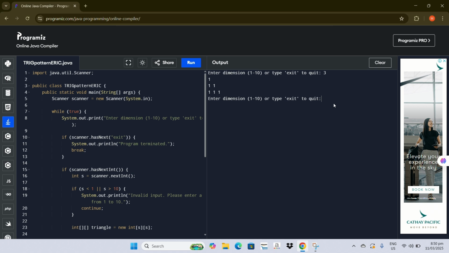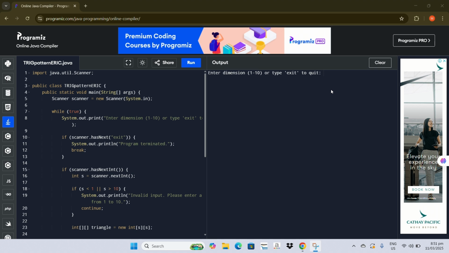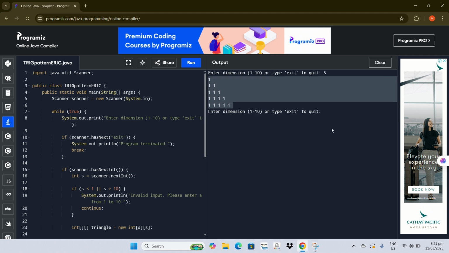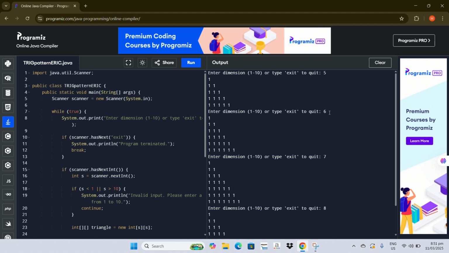3 rows. And when I type 5, it still does the same. Okay, let's try that again, 5, because my internet got interrupted. And again, it still does the same, but with a triangle with 5 rows. It does the same with 6, 7, 8, and this will continue